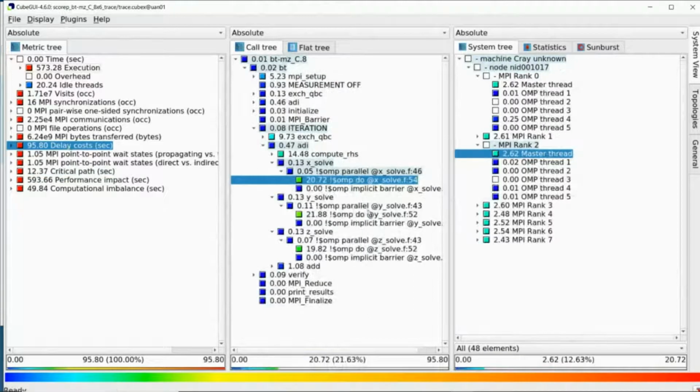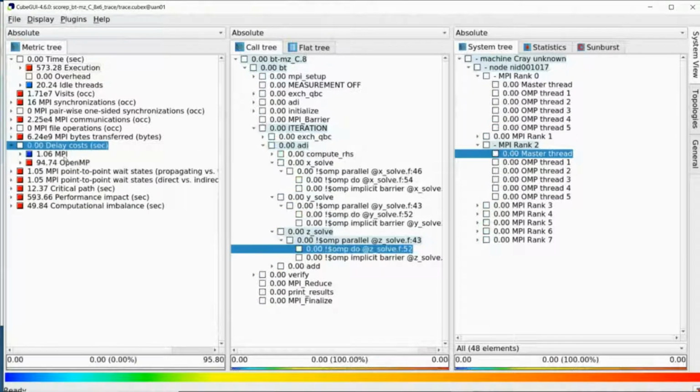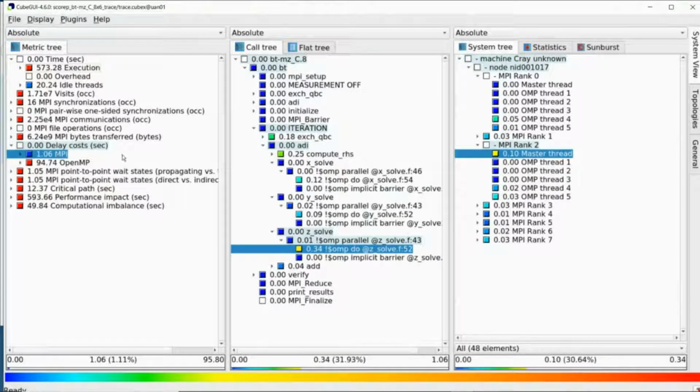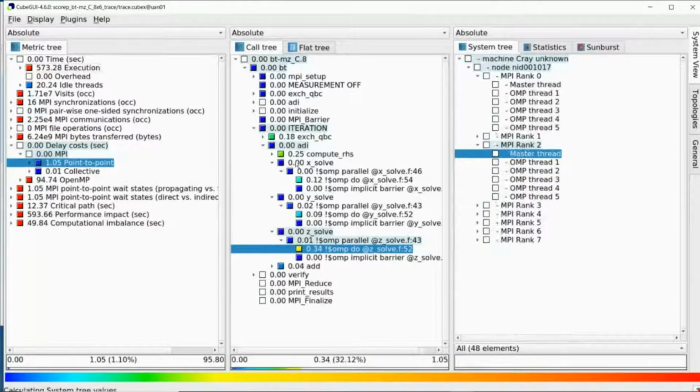The delay costs are again showing which parts of the computation are taking most of the time here. Again, it's reflecting the fact that most of the computation is in these do loops. Those are the parts where you'd have the most potential advantage to balancing things by reducing the costs. At the moment, it's relatively small amounts of MPI delay costs that are, in this case,